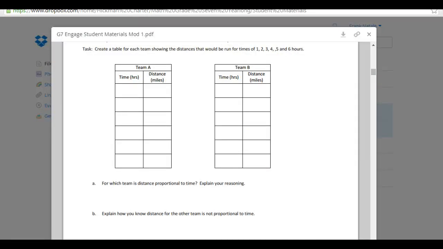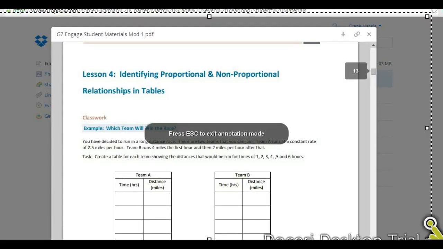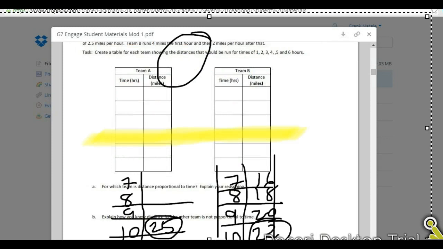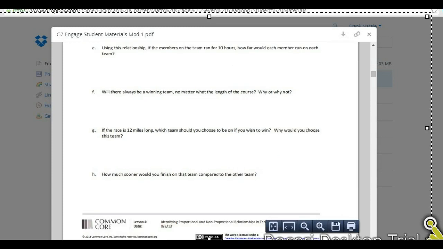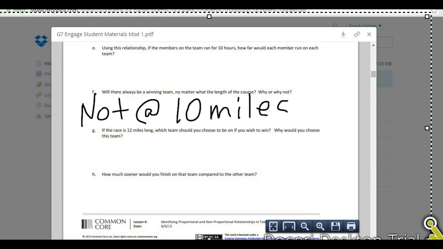Okay, so let's take a look at our next question here, question E. I think it was E. Take a look here. Actually no, F. Will there always be a winning team, no matter what the length of the course? Why or why not? And again, we've answered that one already. There would be, not at 10 miles. Everywhere else, there would be a winning team, but at 10 miles, we are a tie, with both teams averaging a pace of